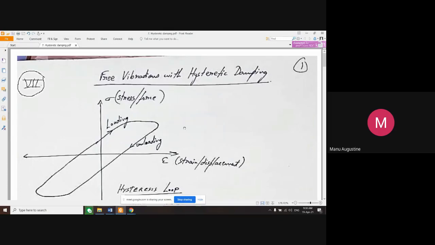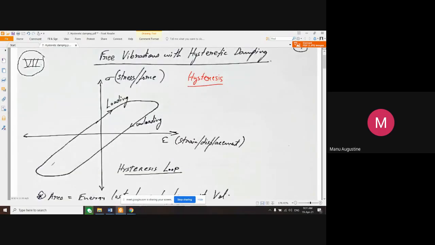The topic for today's lecture is hysteretic damping. It is also called hysteresis damping. It is also called structural damping. Hysteresis. You must have heard about the hysteresis loop,